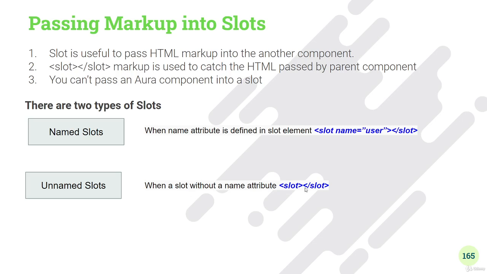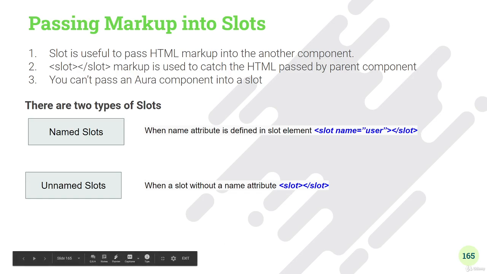So we have seen till now how to pass the data from parent to child. Now we will see how we can pass HTML from parent to child. And this is one of the important concepts to understand the reusable Lightning Web Component. So let's first try to understand what is a slot, how a slot looks like, how a named slot works, and how an unnamed slot works. So let's go to our